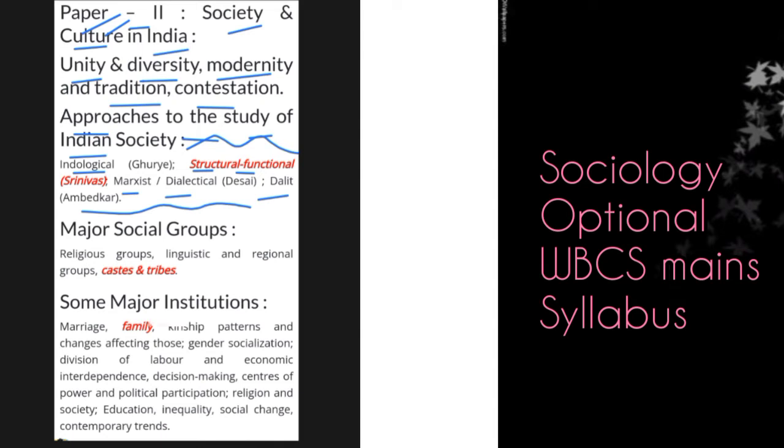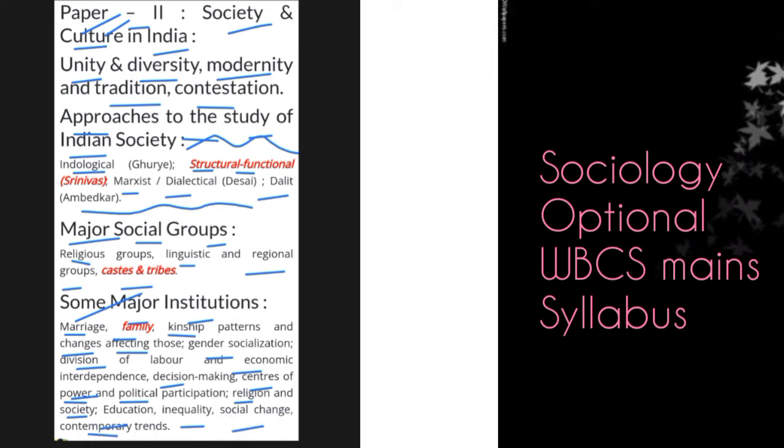Then you have these sections on major social groups, which includes religious groups, linguistic groups, then regional groups, castes and tribes. You also have these major institutions like marriage, family, kingship patterns, and changes affecting those, gender socialization, then division of labor and economic interdependence, decision making, centers of power and political participation, then religion and society, education, inequality, social change,